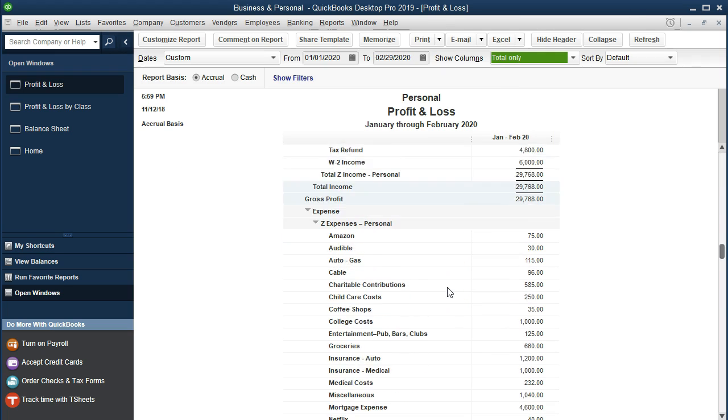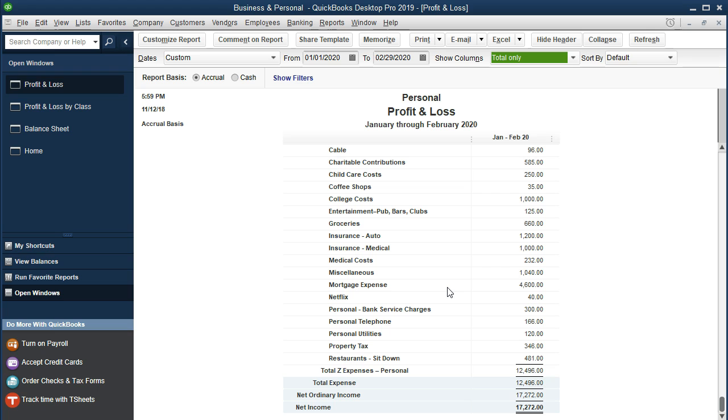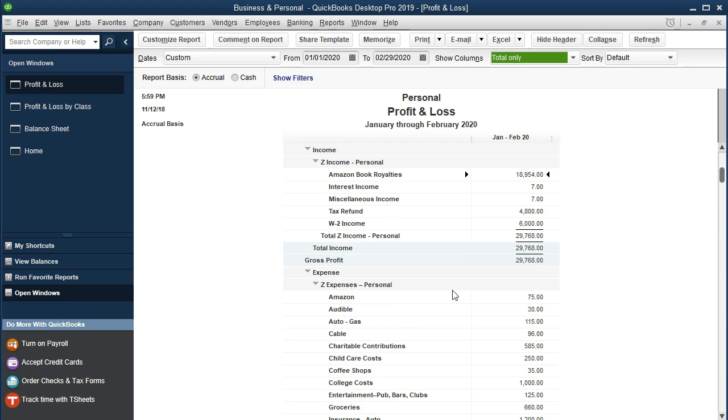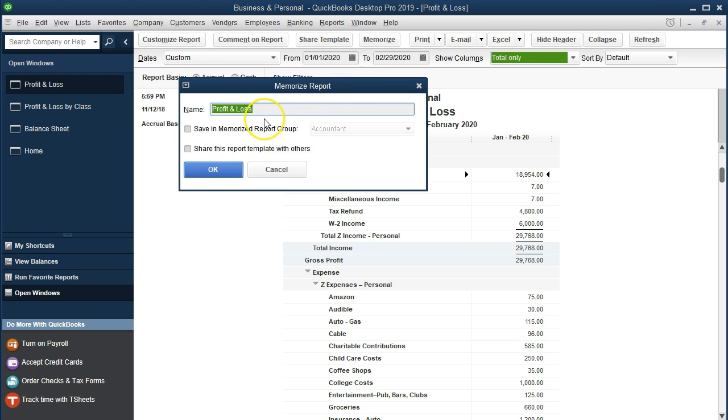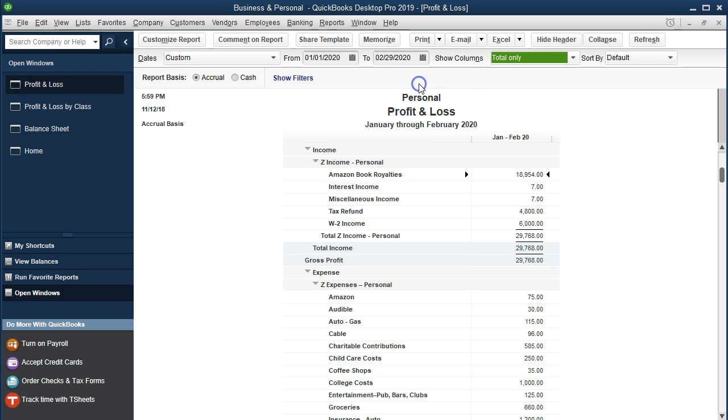If we had someone that just needs the personal information and not the business information, we can make a pretty nice report just giving that data. And we could memorize these two reports as well, so we don't have to reformat the way we just did, memorize these reports. So if we went to memorize this profit and loss, we can standardize the name and then